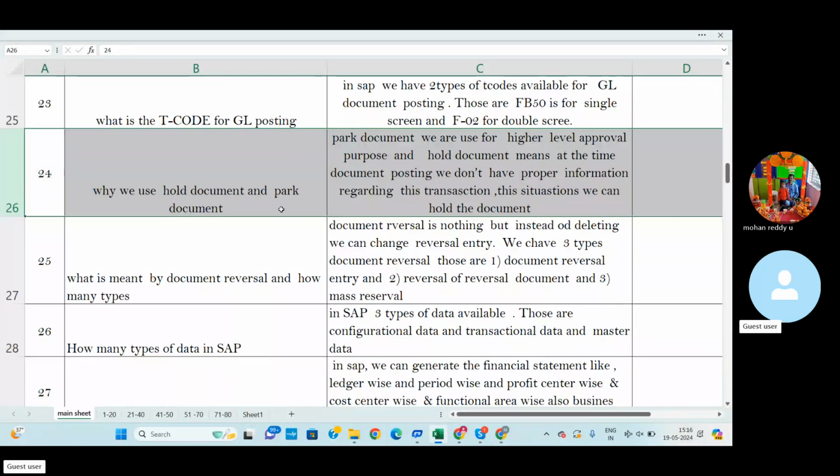Here, why do we use hold document and park document?